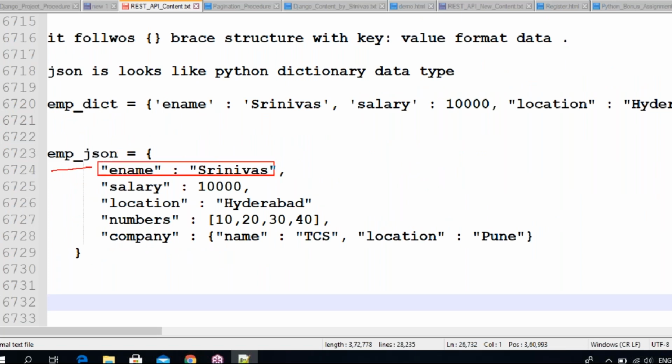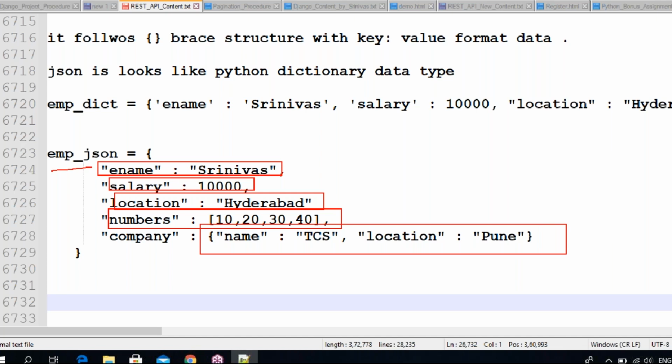So totally the employee JSON is one employee object, guys. In that employee object, key and value: name is Srinivas, salary is 10,000, location Hyderabad, and numbers, something else. For example, my mobile numbers, two numbers you can take. Okay, a list of two numbers, an array of two numbers. Okay, so company is nothing but this object format we are writing. Inside the JSON, again JSON format. Okay, nested JSON format is there. So we are technically calling it an object, guys. The company key and value format we are writing, that we are calling an object.